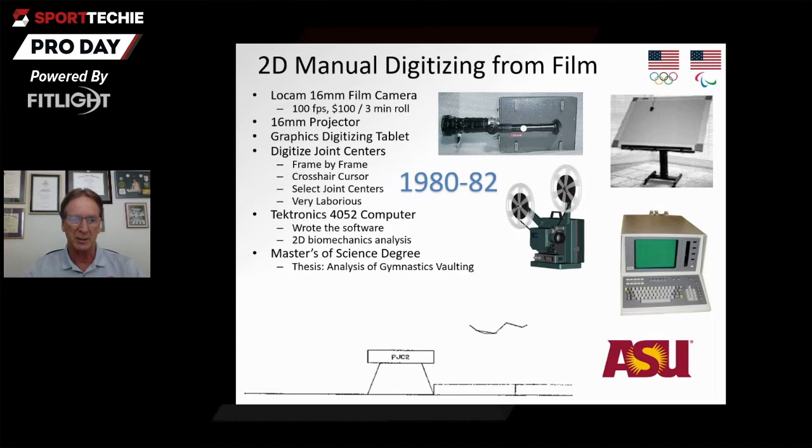which is the animation that you're seeing at the bottom of the screen there. Now, in this case, digitizing means basically putting the crosshair cursor on every joint, one by one, for every frame. So a very laborious process. But nevertheless, it was able to create these stick figures, as you see here, and I was able to compute the velocity coming in and the velocity coming off the horse, and how far they went, and all the key performance indicators of the vault. And lucky for me, that was enough to get my master's degree. So that was digitizing with film.